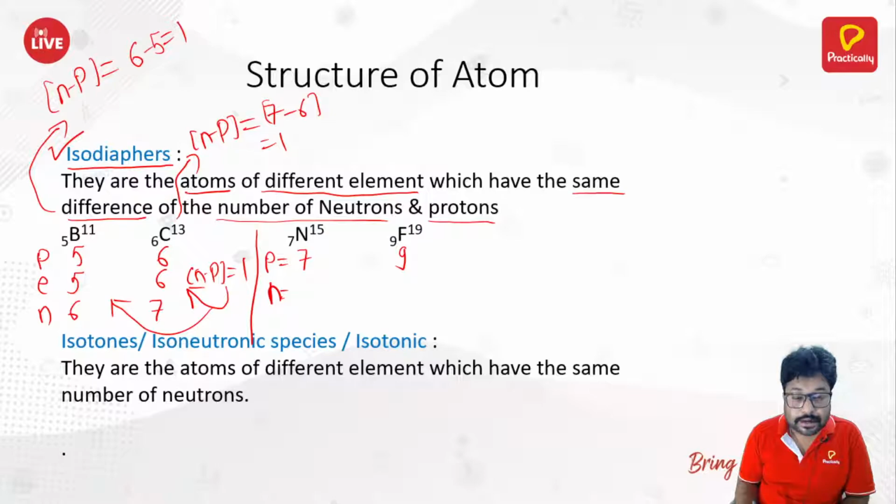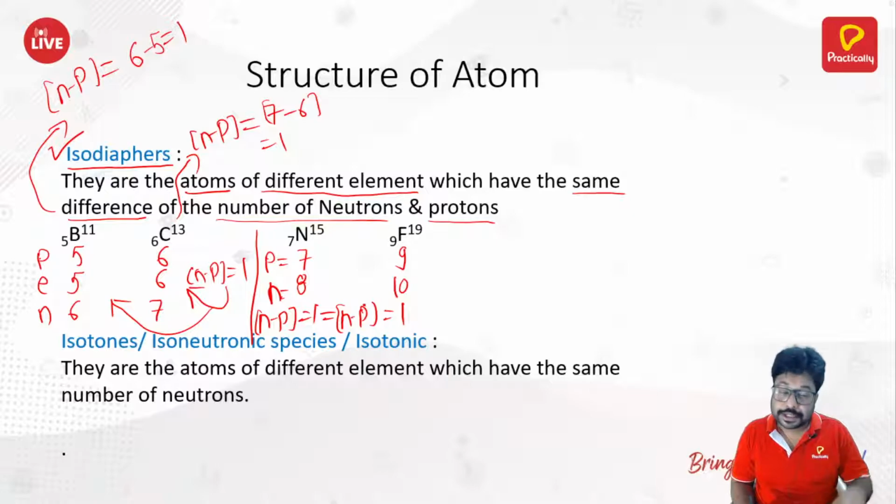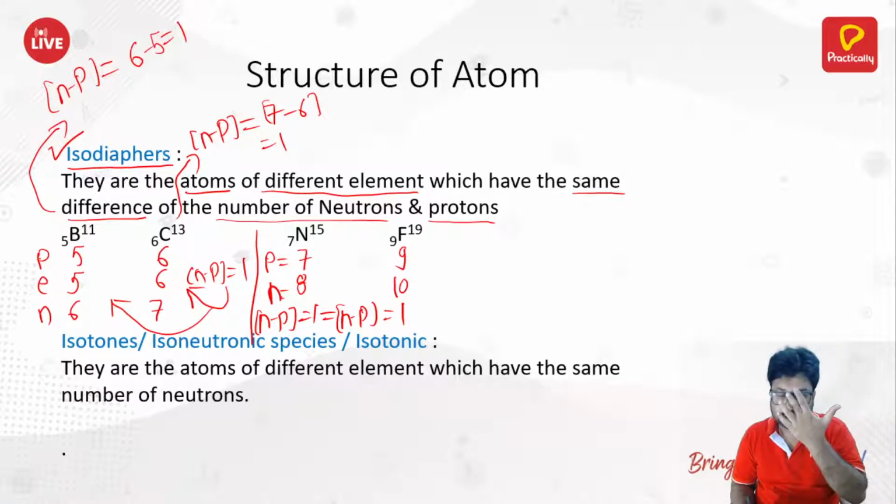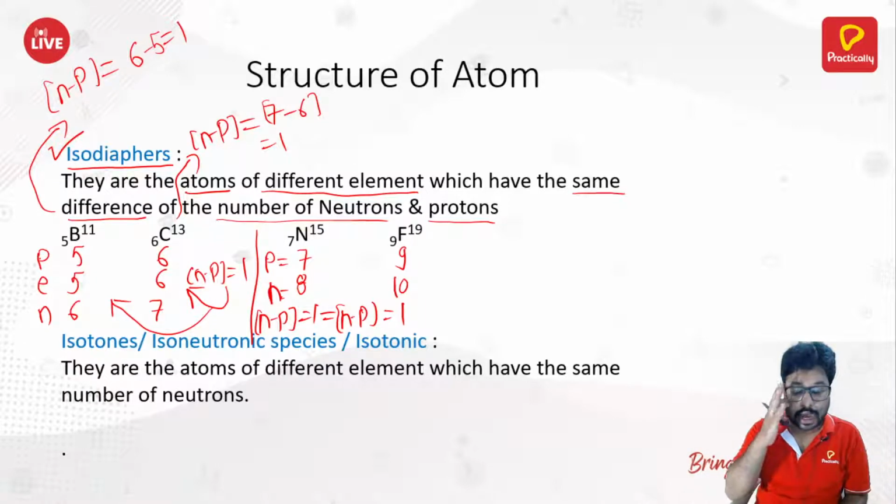15 minus 7 is 8. 19 minus 9 is 10, right? Now n minus p. For the first, n minus p is 8 minus 7, 1. For the second, 10 minus 9, 1. See, n minus p is exactly the same, and such species are called isodiaphers. Okay, that's how all these species are. Next,